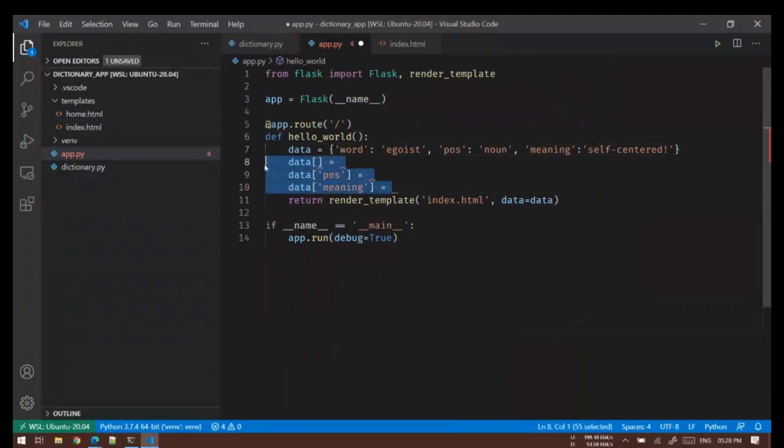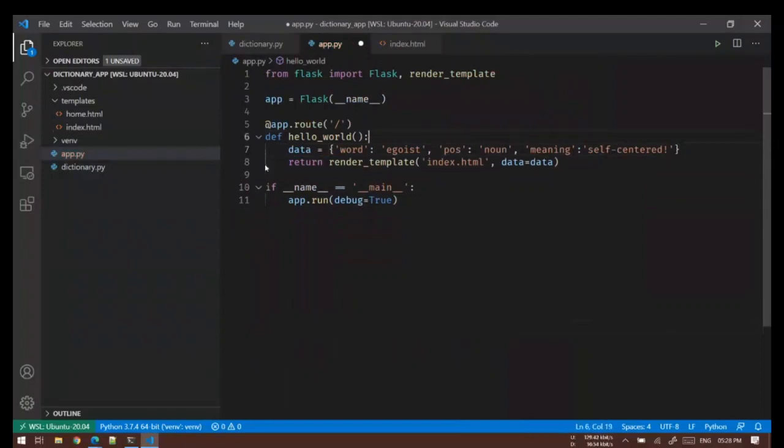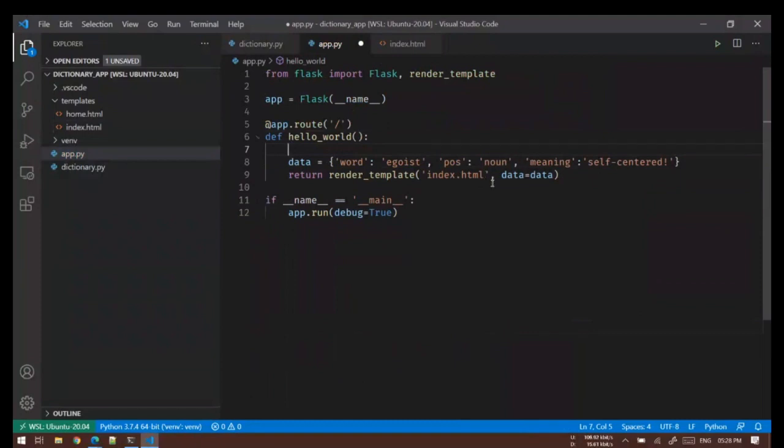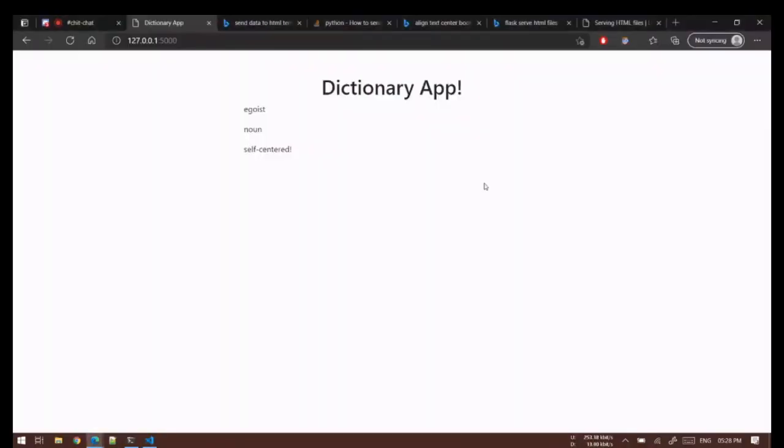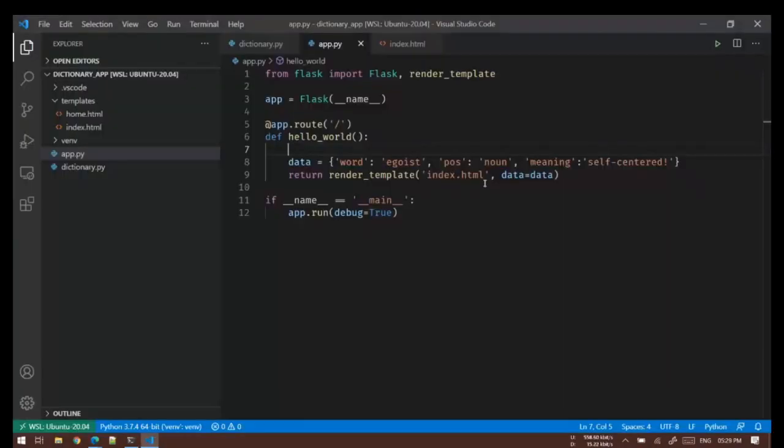So now this is a much more concise way of writing the same thing. So everyone understood this part? How do you send data to the front end? Yes. Okay, great.